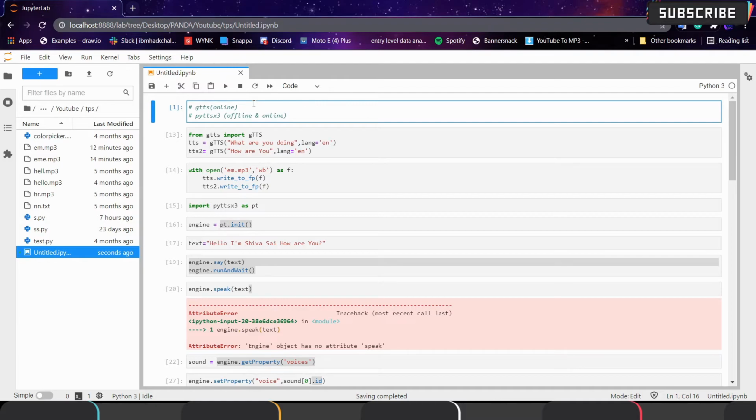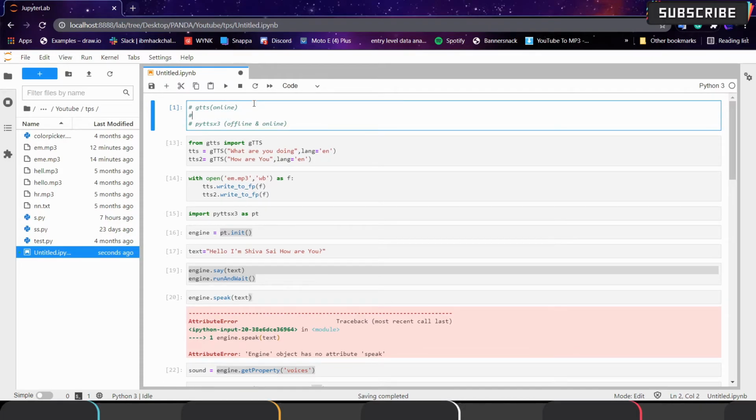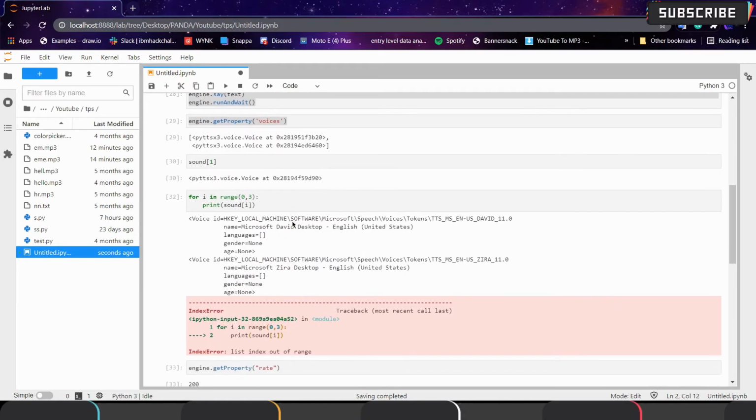So instead of playing from the program, we can save into some file, and by using the playsound library, we can directly play that .mp3 in the program itself, like PyTTSX.